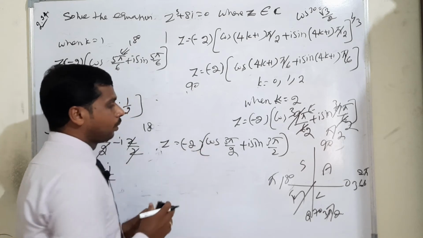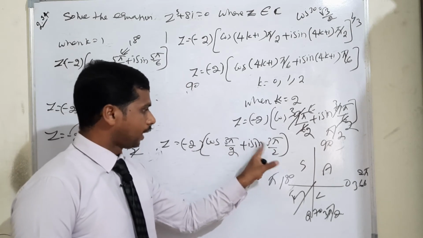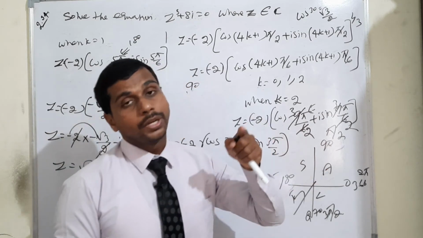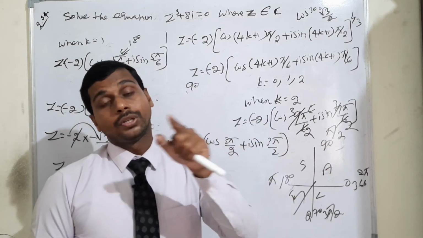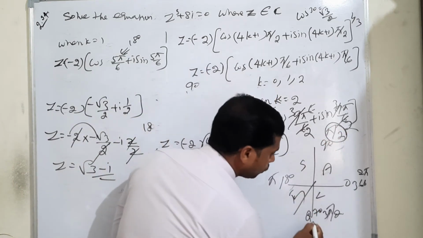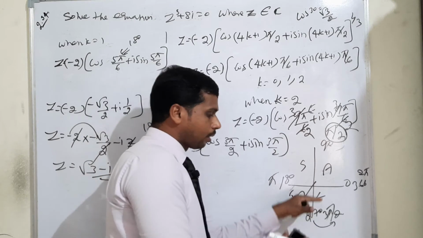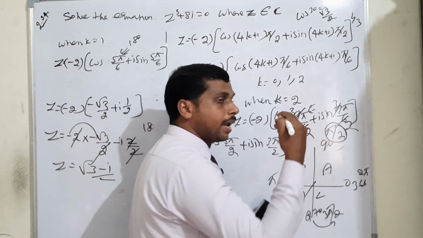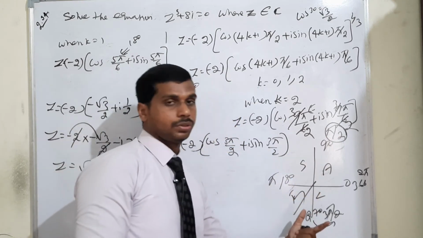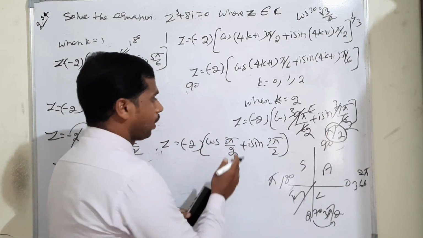Now listen, already you know cos 3 pi by 2, whatever it is, value will be 0, isn't it? Now next one, sin 3 pi by 2, there is minus. Why? We are considering sin pi by 2 positive, sin 3 pi by 2 negative. I will explain clearly. Look there, 90 means pi by 2, 270 means 3 pi by 2. 90 is moving upward, but 270 is down. So whenever you meet sin pi by 2, value will be positive, but 3 pi by 2 is coming down, so the value will be negative. Pi by 2 means value will be positive. Now you can understand, I think.